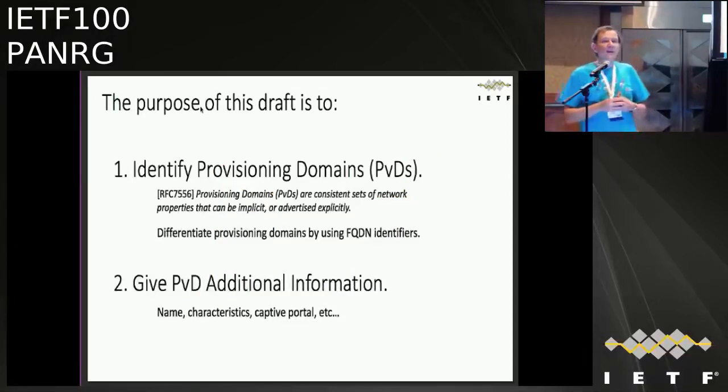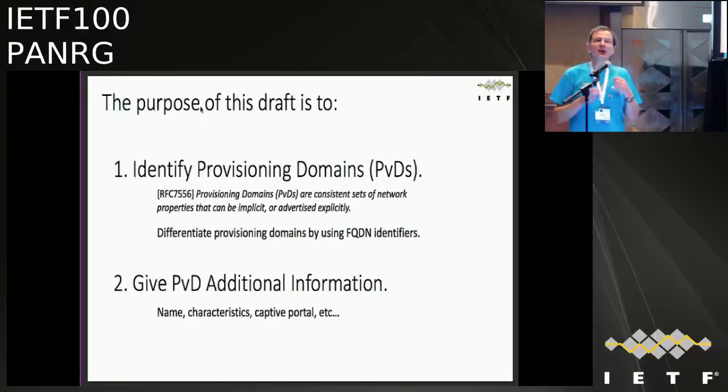So how do we do it? There is a concept that has existed for a couple of years at the IETF, in RFC 7556, that describes a provisioning domain. A provisioning domain is basically the consistent set of information that you can use to connect to the internet. Mainly, one IP address, one interface, one DNS recursive server, maybe a DNS search list, a next hop, and a few things like MTU maybe.